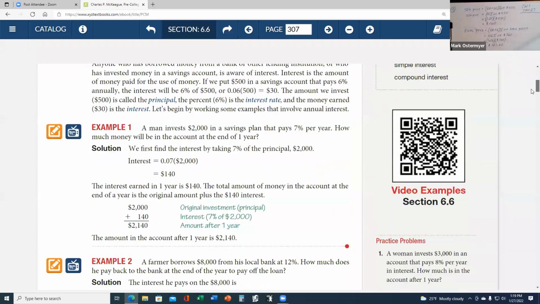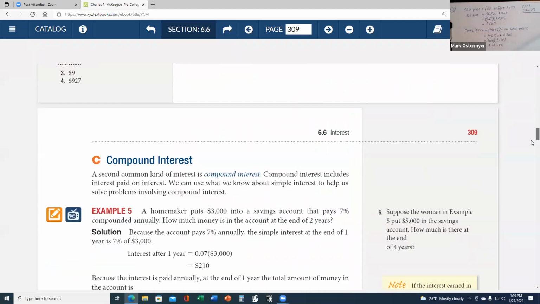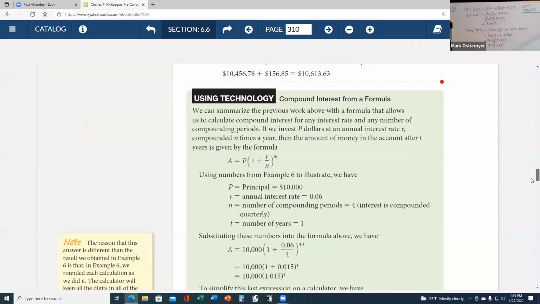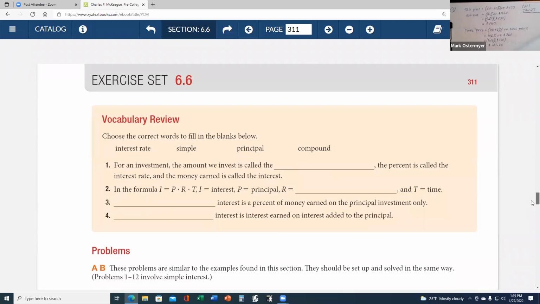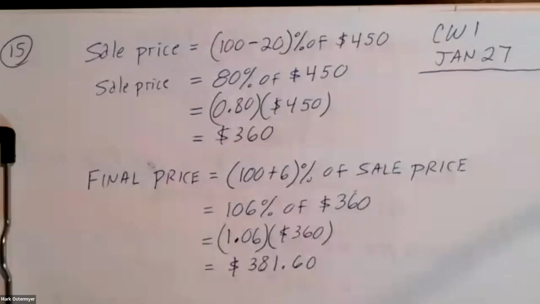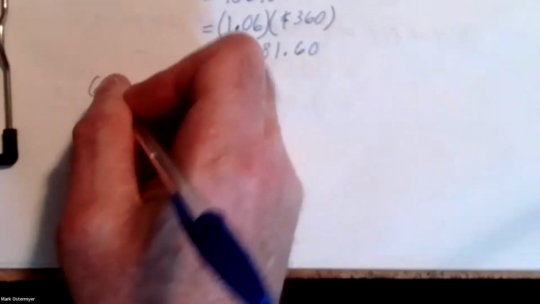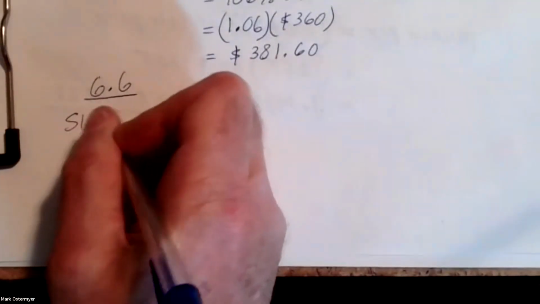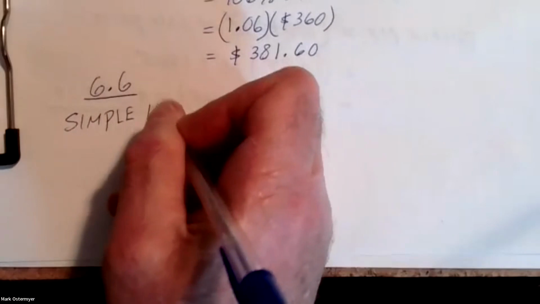All right. So we're going to start working with a couple of interest problems here in section 6.6. And I'm just going to go right on down to the exercise set here, ladies and gentlemen. Before we actually dive into some problems, I need to show you the formula that we're going to use to compute what is called simple interest. And what is simple interest in section 6.6? Well, the definition of simple interest